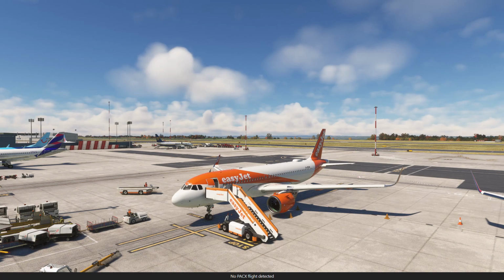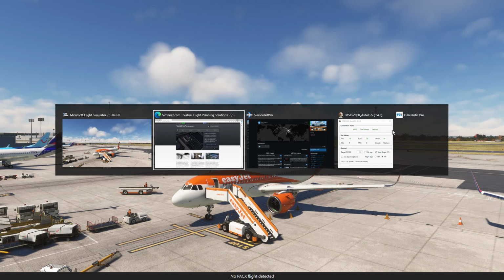But the main reason I got GSX was for the pushback feature, because it's much easier to use than the default, and the actions around the aircraft are more realistic. So that's GSX Pro, which is payware. And next I have,